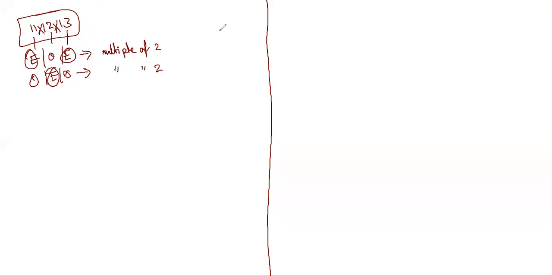Similarly, now this might be a little more difficult, but you have to understand in any three consecutive numbers, one of them will be a multiple of 3 also. One of them will be a multiple of 3. Why? Let us take the first number, for example 11. So 11, if you divide by 3, what is the remainder? Sir, 2. Remainder 2.